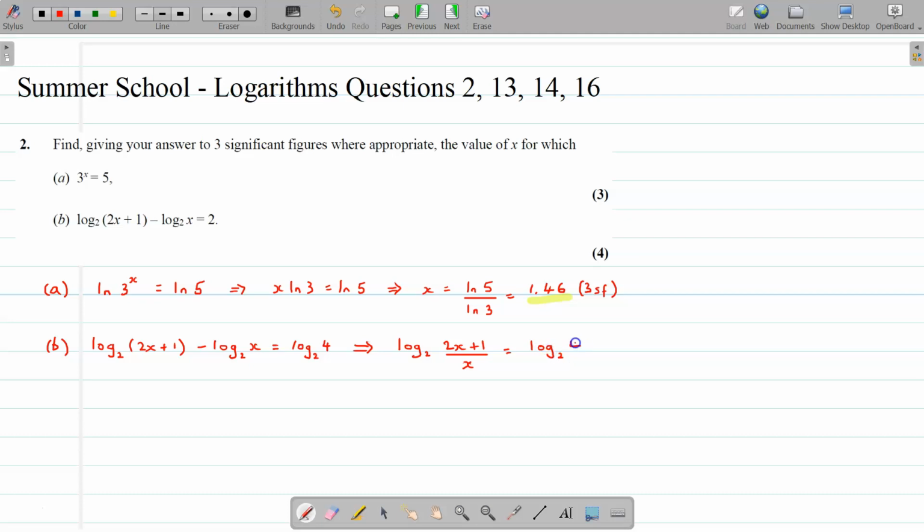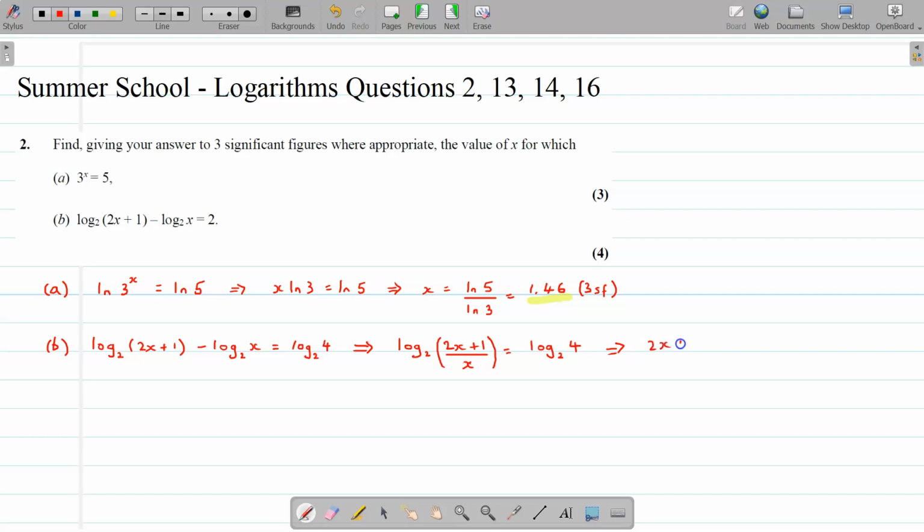Because they now have log to base 2 in front of both sides, I can effectively remove the log to base 2's. What I'm actually doing is raising 2 to each side of the equation, so the logs and the 2's cancel to give me simply that